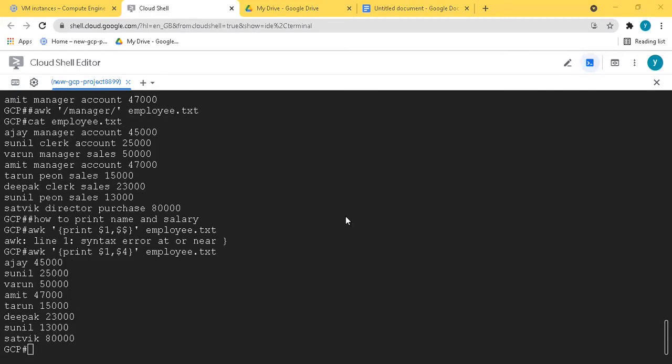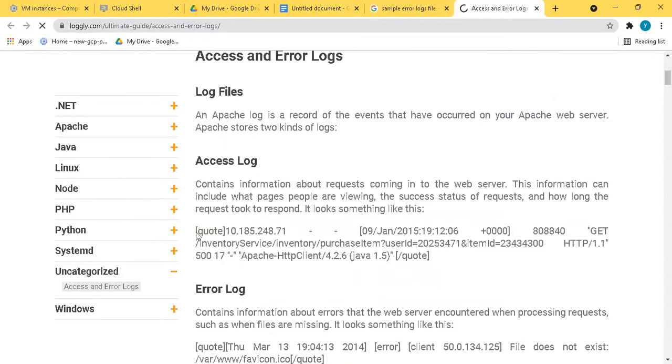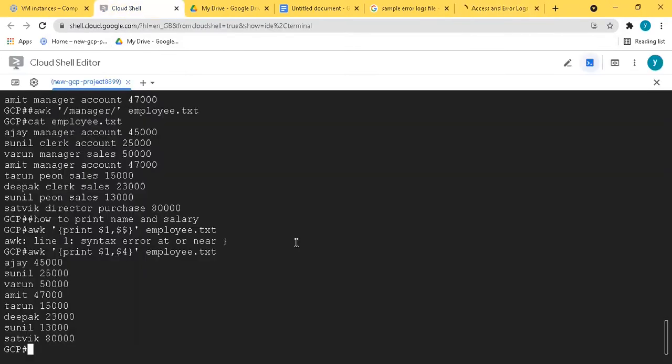You will not always get the data in the form of a table. You will get the data in the form of an XML file or in the logs, error log.txt or something. Then what will you do? Here the field separator is space, but you may not always get space as the field separator; you may be getting some error code or something. Let me check if I can get any data from Google. Okay, let me take this one. So the file name is error.log. I paste it here.